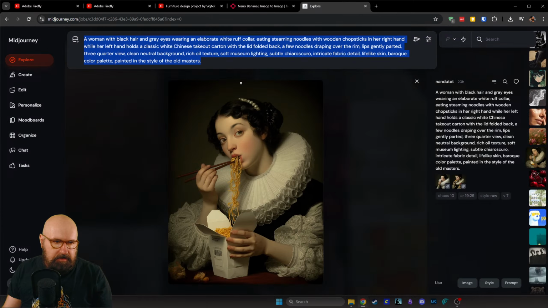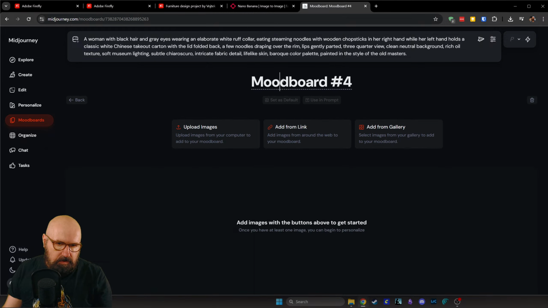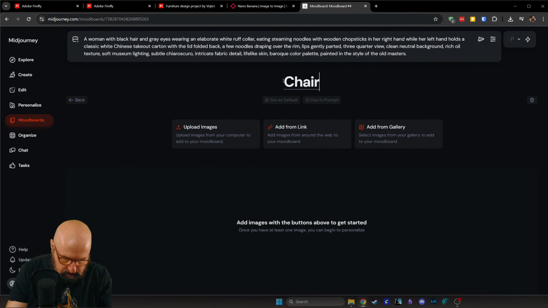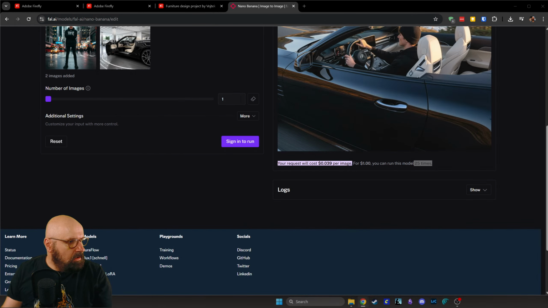While we are here, let me try if we make a mood board here on Midjourney. Make a new mood board here for chair design. And then I'm going to drag this over and see. I don't even know if I can do that right now. Technically it should work, but